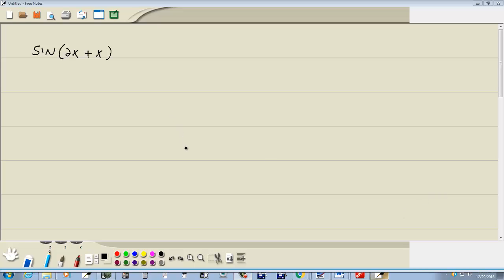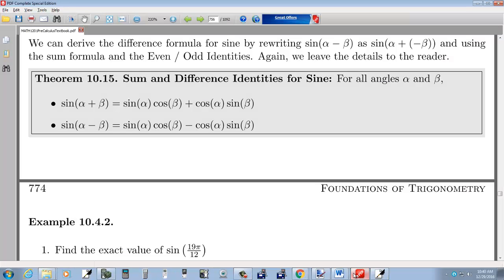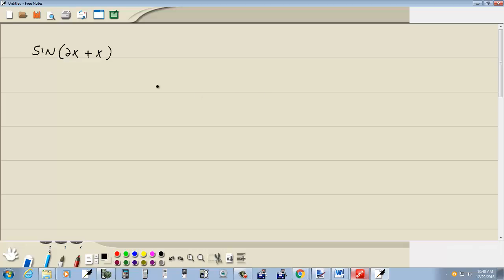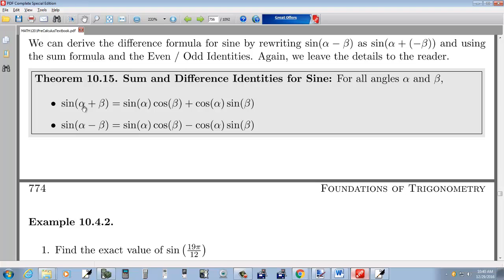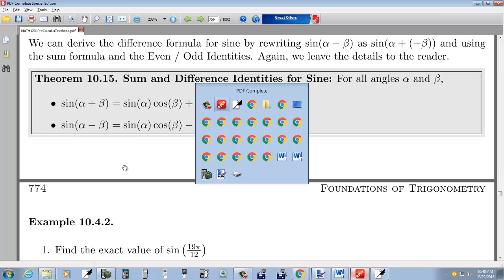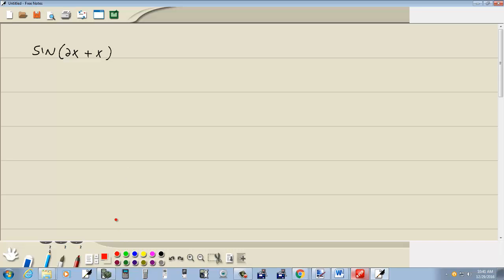Okay, let's take a look at this problem. Now from our formula, we've got sum and difference identities, and this is obviously the sum because it's got a plus, and it says alpha plus beta. So let's identify everything first. This would be alpha, and this would be beta. Now from our formula,